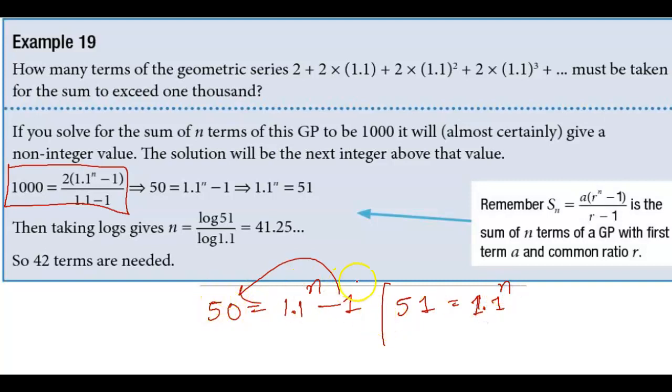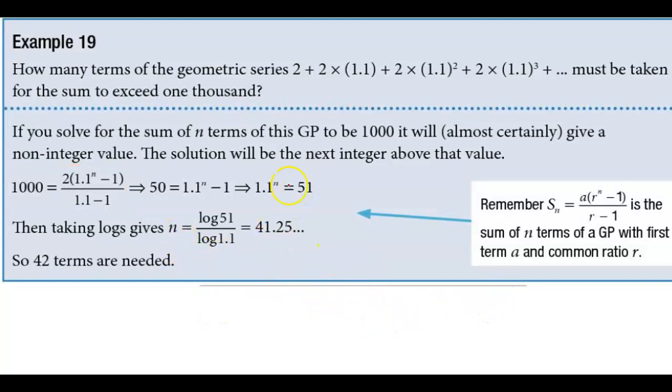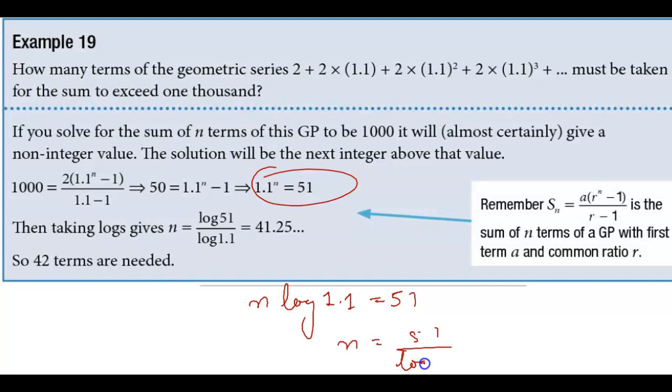Now take log on both the sides. Take log on both the sides for this expression. So you'll have n log of 1.1 equals log of 51, right? So n equals log of 51 by log of 1.1